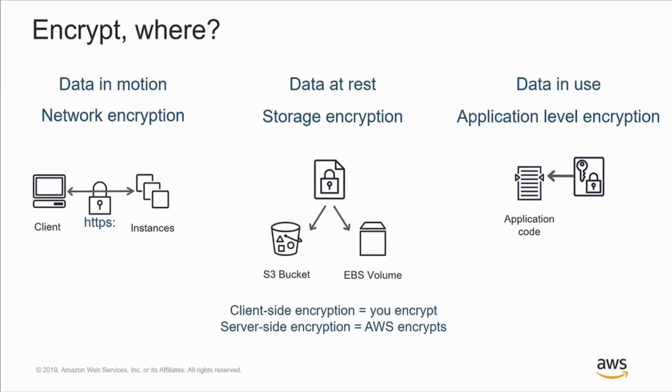On the right-hand side, we talk about protecting data in use or application-level encryption. This is where you're building application code into your applications, and you're encrypting data on the fly as you use it specifically within that application. This is more complicated to deploy. It means changing your application code. It means managing keys within your applications can be quite tricky. There are SDKs that AWS provides, in particular the AWS Encryption SDK, and there is also the CloudHSM service to enable you to use hardware security modules and traditional crypto APIs as part of a data in-use encryption strategy. So as I say, today we're focused primarily on transparent encryption, server-side encryption, data at rest.